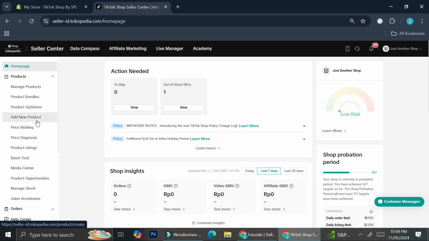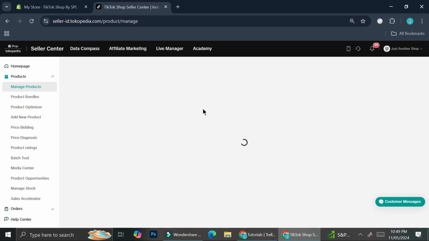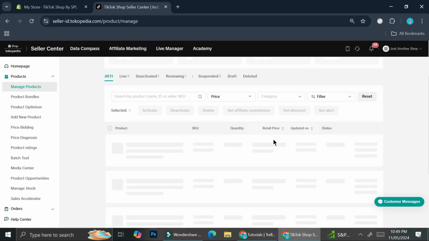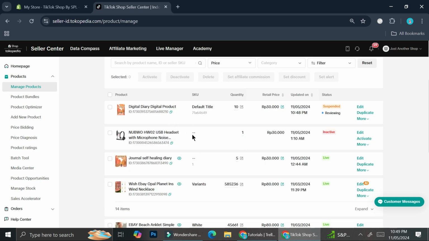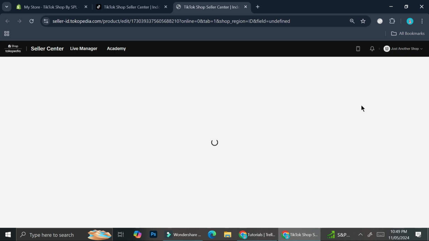So there is still one more step that we need to do when it comes to adding the digital product into our TikTok shop. So you want to go to the manage product sections here and you want to make sure that you actually got the diary edit. So I believe this is the one that I've just added, and it's still on review, so I might not be able to sell it for now. But once you got the product finished reviewed, what you're going to do is you want to edit the description of that product, and you will want to add the link